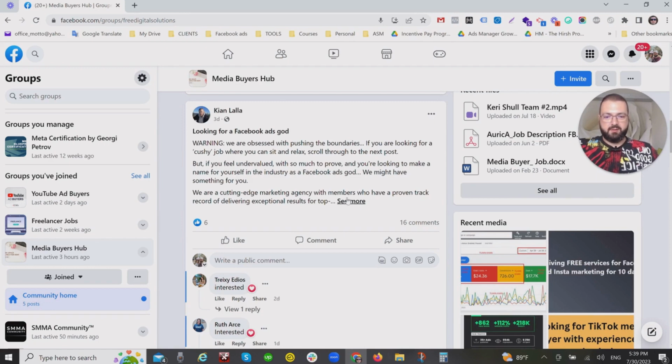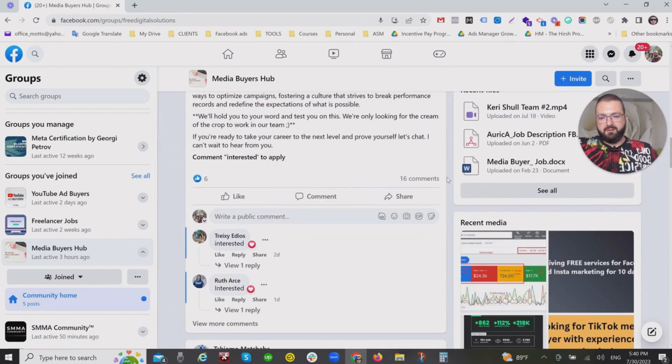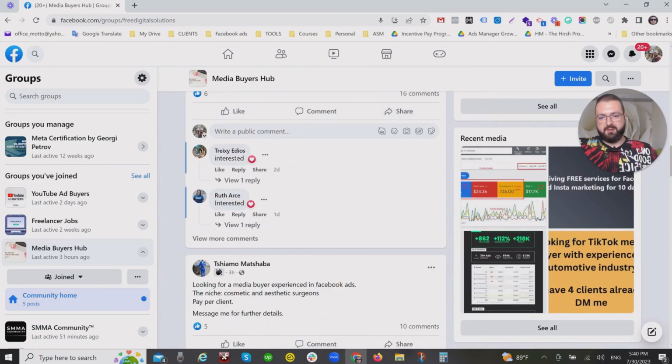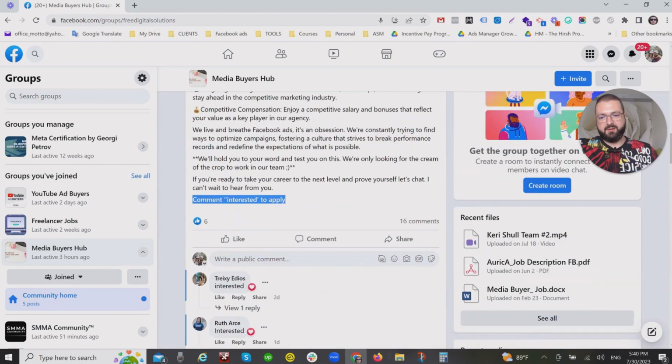And hey, if that's not an agency, because most of them are agencies, make sure that those are not agencies. If you find their website and make a good first impression, express your experience and let them know that you can help them in a certain way, they'll definitely listen to you. You'll be much more appealing than those people who just say "interested," even though that is how it's commanded in this specific post.